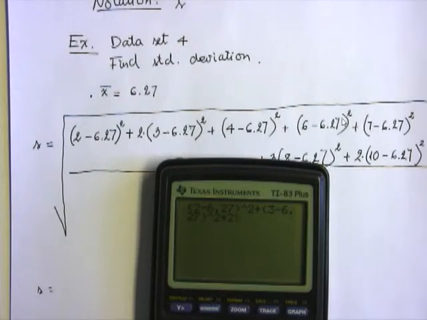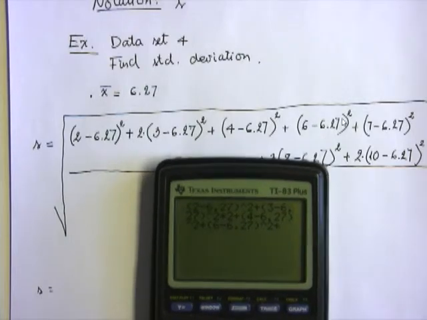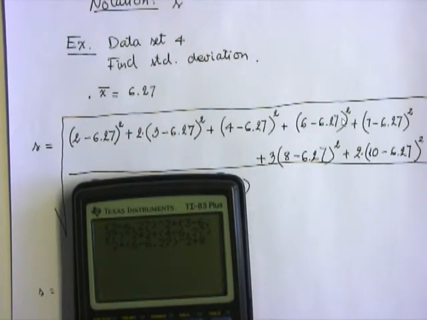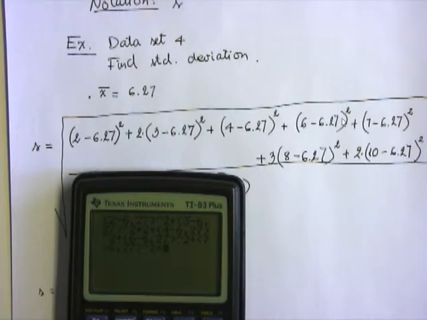And then the next data item I'm going to add again, and then I need to subtract the mean value from 4 and square the difference again. And the next data item, I have 6 minus 6.27, and I'm going to square that difference again. And then the next data item, so now I'm going to have in parentheses 7 minus 6.27, square the difference, plus again, and I have another